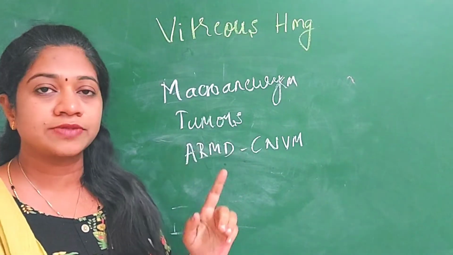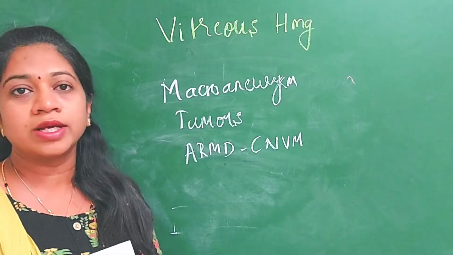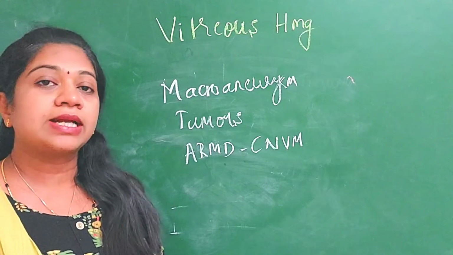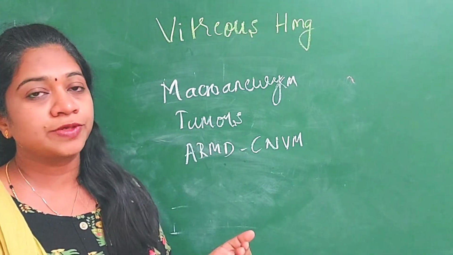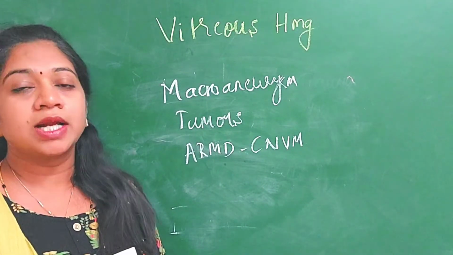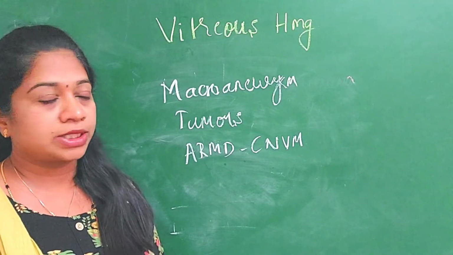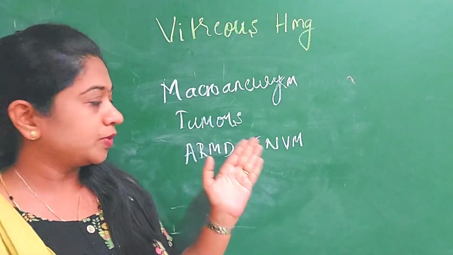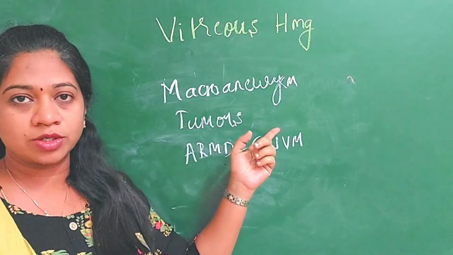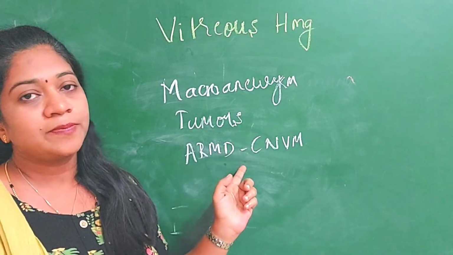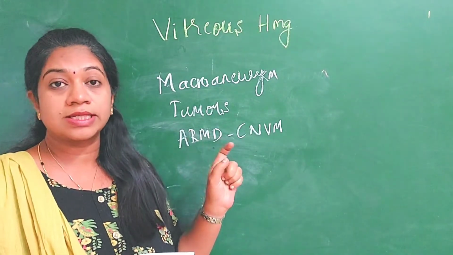To summarize, the first one is where there is a direct trauma to the blood vessel, that is following trauma or following posterior vitreous detachment. The second is that the new vessels which are formed are abnormal. So what are the causes for formation of new vessels? Central retinal vein occlusion, diabetic retinopathy, ocular ischemic syndrome, and even sickle cell retinopathy can lead to vitreous hemorrhage. The third is whenever the blood is coming from the adjacent structures, like in case of microaneurysms or tumors or even the CNVM stage of ARMD. And these are the causes in case of adults.